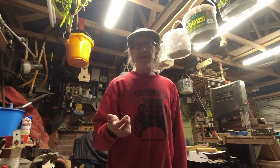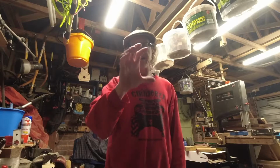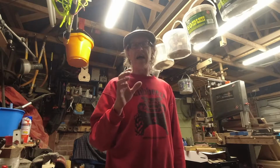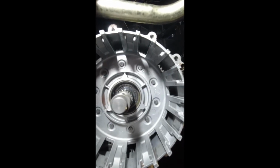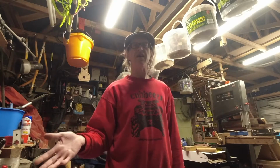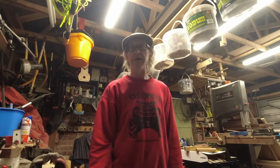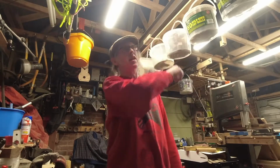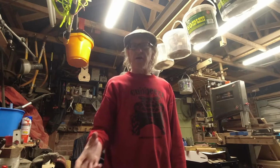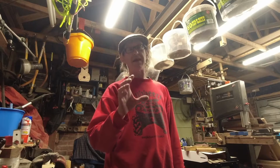Then I looked at the back of the basket where the hub goes against. There was no thrust washer. Looked on the back of the hub, no thrust washer. Found another thrust washer of the right part number in a bin of parts I've got up in the loft. So I reassembled it, put the new clutch pack in, put the new pressure plate on,